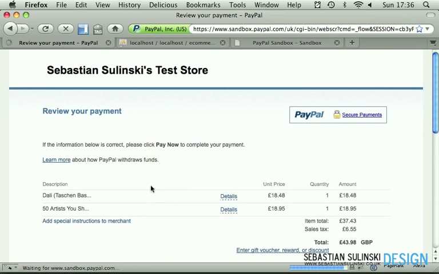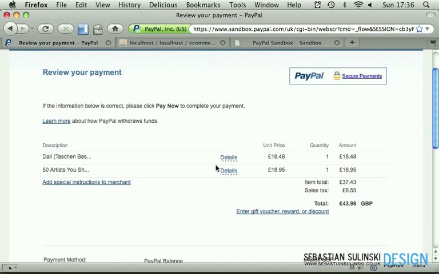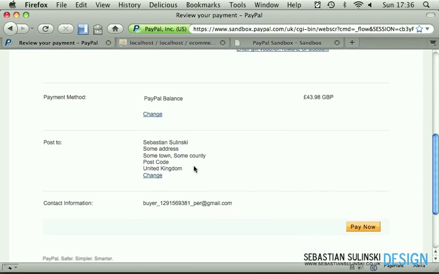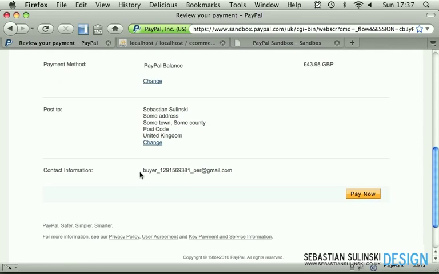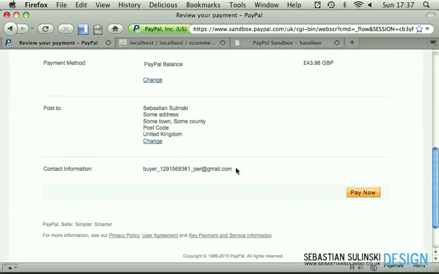Now that we are logged in, we still have a confirmation, obviously, what we are buying, all the details, and so on. And here at the bottom, we've got what it's going to be posted to, which is our address, the client's address, contact information of the buyer, which is the email address of the seller, basically. Sorry, our email address, not the seller. So if we click on Pay Now,